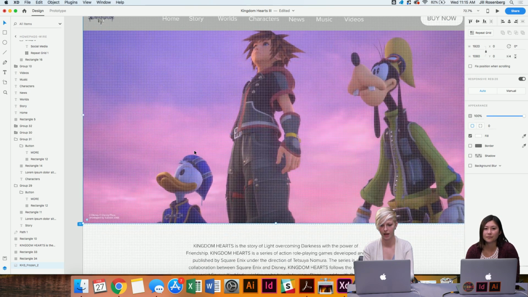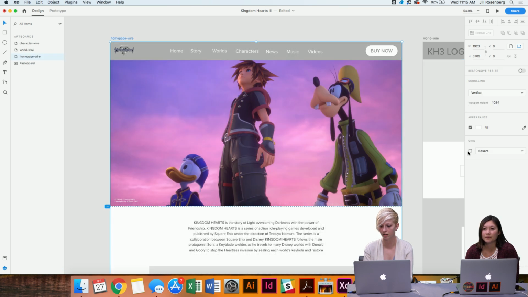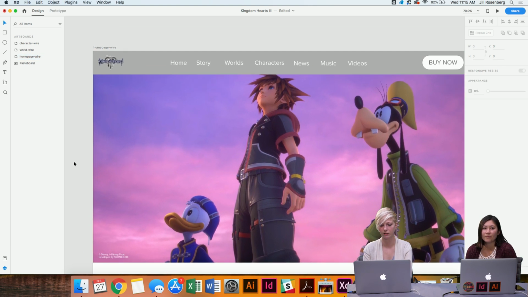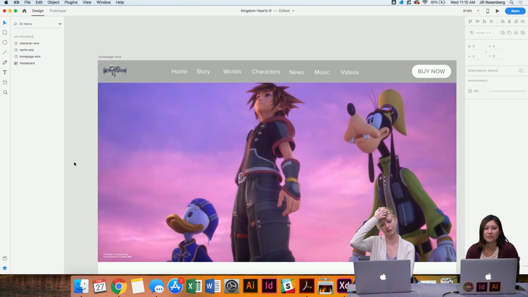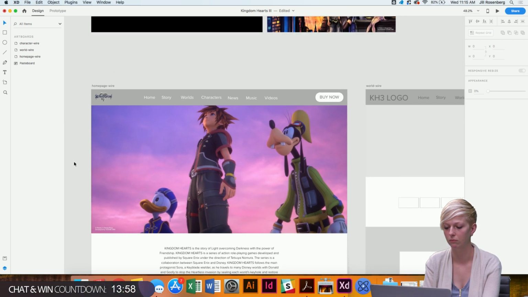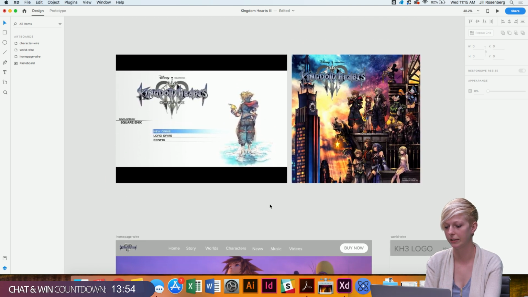So I think too for our color palette, I'm just gonna turn Grid off for a second so I can see the image. When I come up with color palettes for stuff like this, I like to pull colors from, if it's a game, definitely pull some colors from the game. So